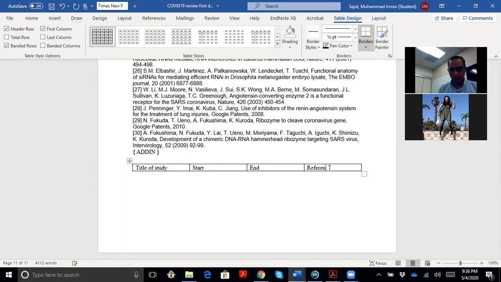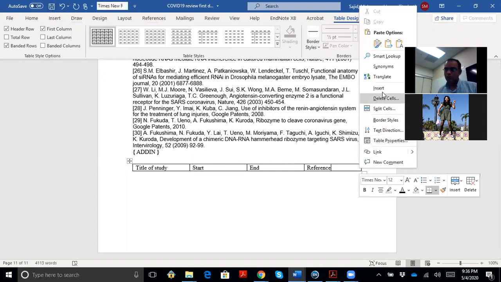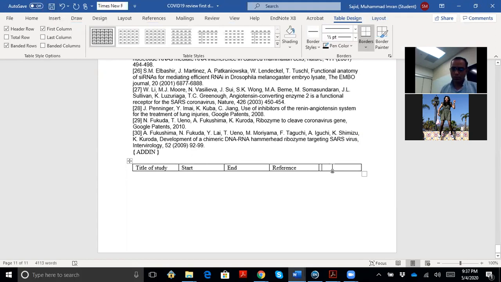There can be another column, status of the study. Insert column to the right, status. Status is either complete or incomplete, or running, right?